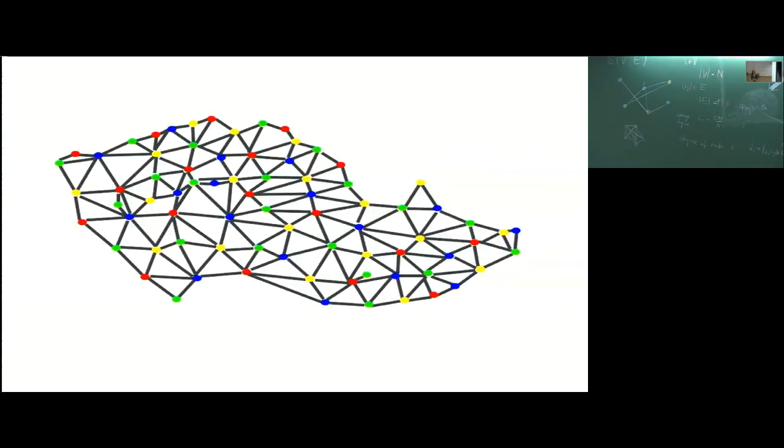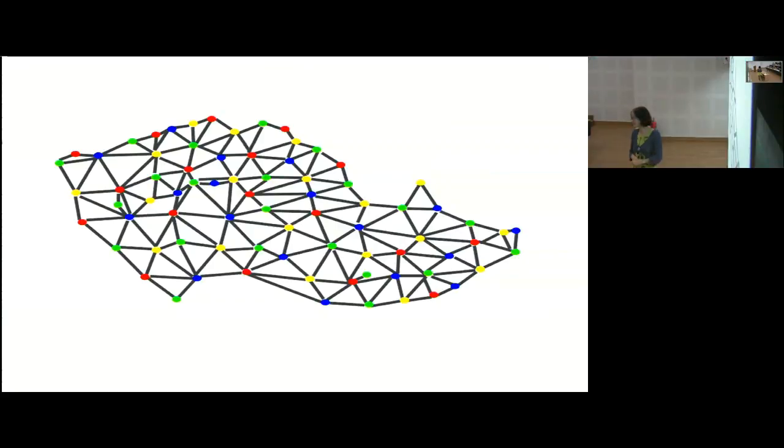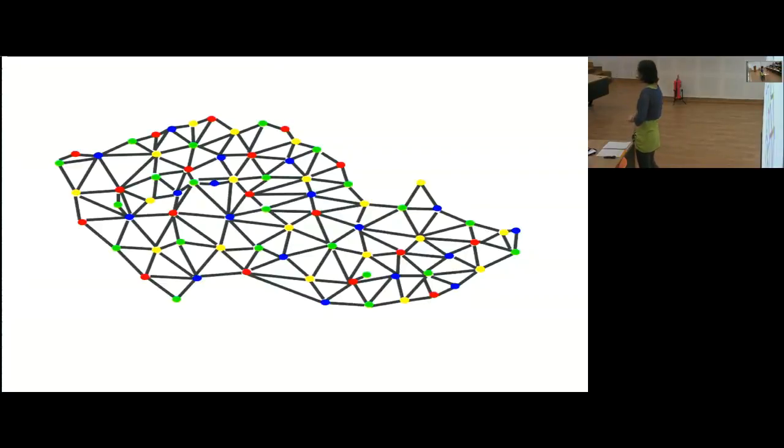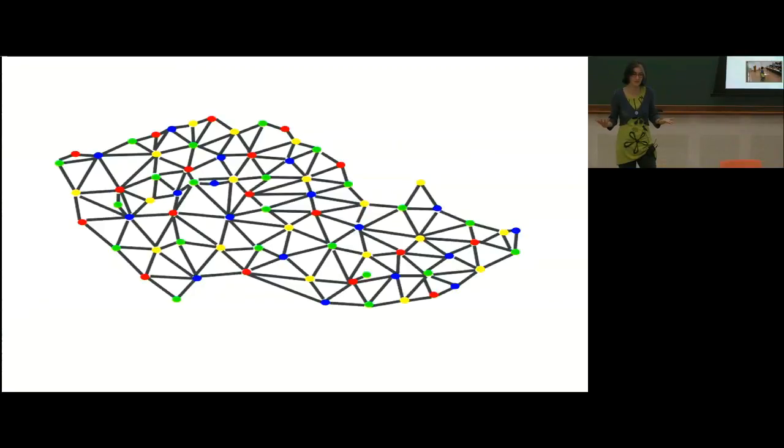So coloring of maps is a very famous problem, because basically 200 years ago, in 1852, somebody called Guthrie, who was a cartographer, was studying this graph coloring. He observed empirically that whatever map he had, he could always color it with 4 colors. And mathematically, it was a very interesting question: is it always true? Or is there a map, maybe a very particular one, that cannot be colored with 4 colors, for which you need more than 4 colors?